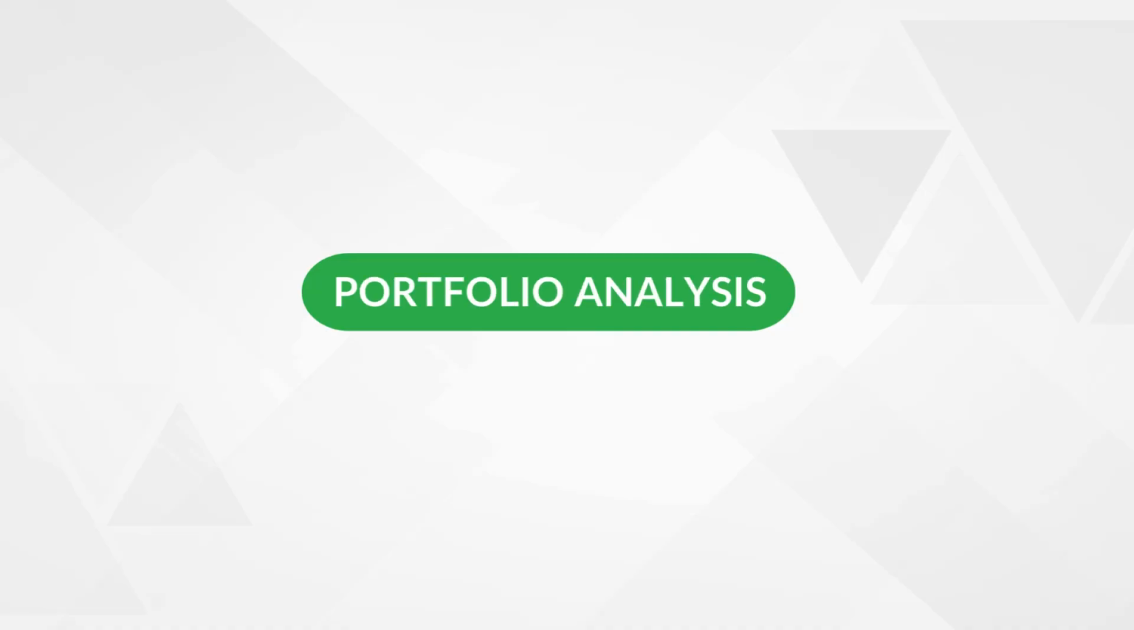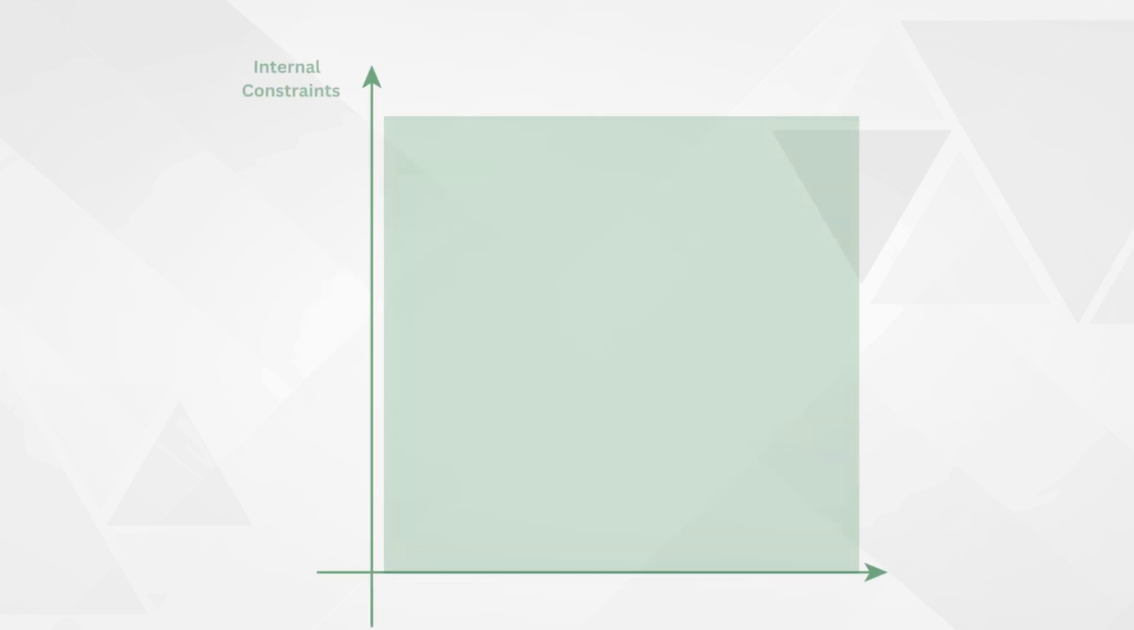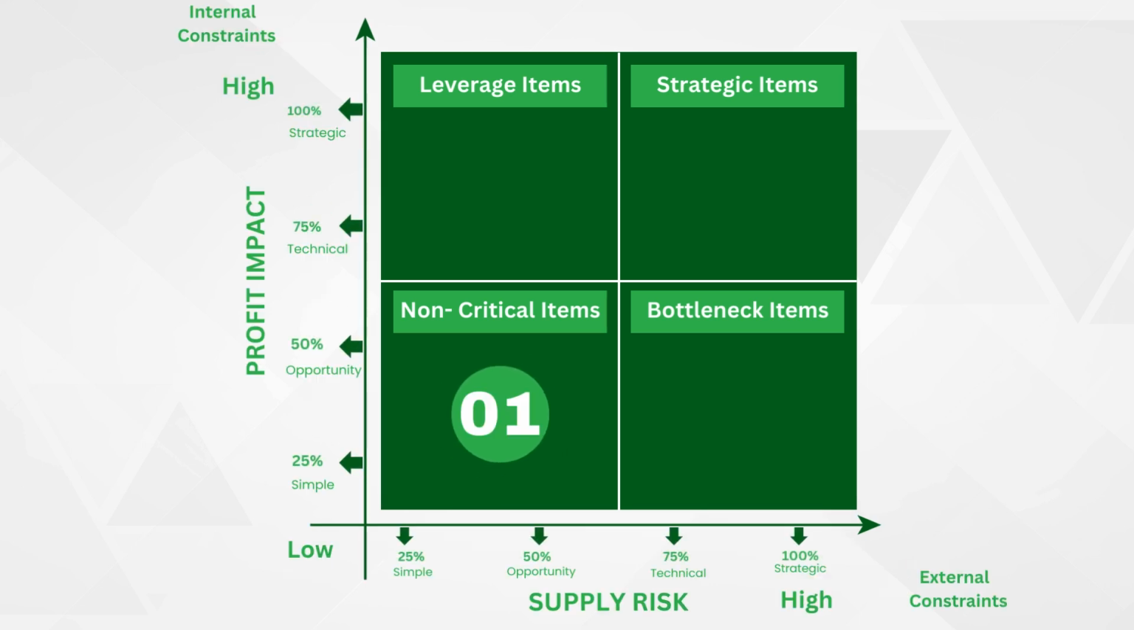Portfolio analysis, also popularly known as the Kraljic matrix, represents supply risk on one axis, X, and impact on profit on the other axis, Y. Procurement strategies differ based on market situations. Quadrant 01, where supply risk is low and impact on profit is also